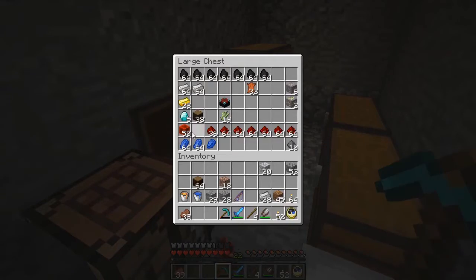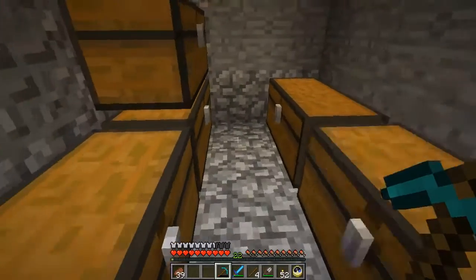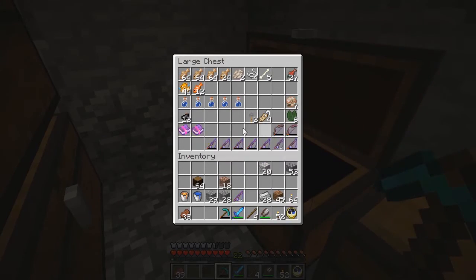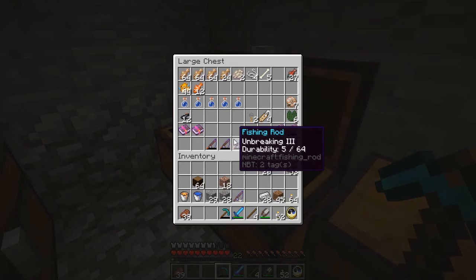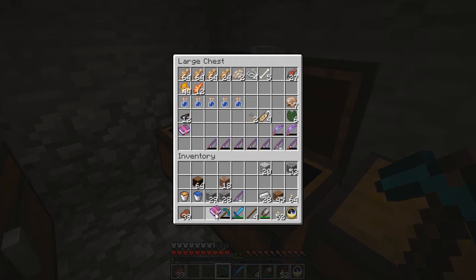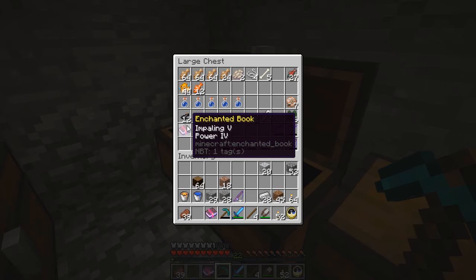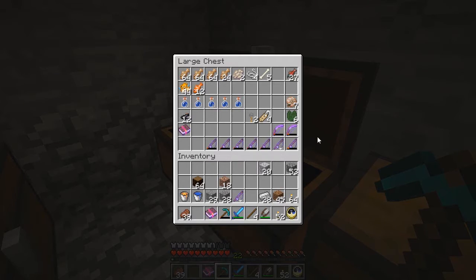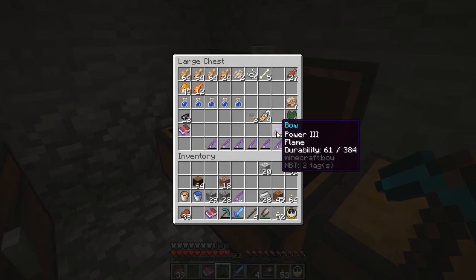So I might not use the enchanting table immediately, but what I did find, while fishing, was a couple of enchantments. Some of them I've already put on things, such as a protection, so I threw that on my leggings. Feather Falling and Silk Touch. If I weren't desperate for Silk Touch, Feather Falling 4 would immediately go into my boots. The other is Impaling and Power, but I fished up some bows, and I currently have one that's Power 3 Flame, which is...